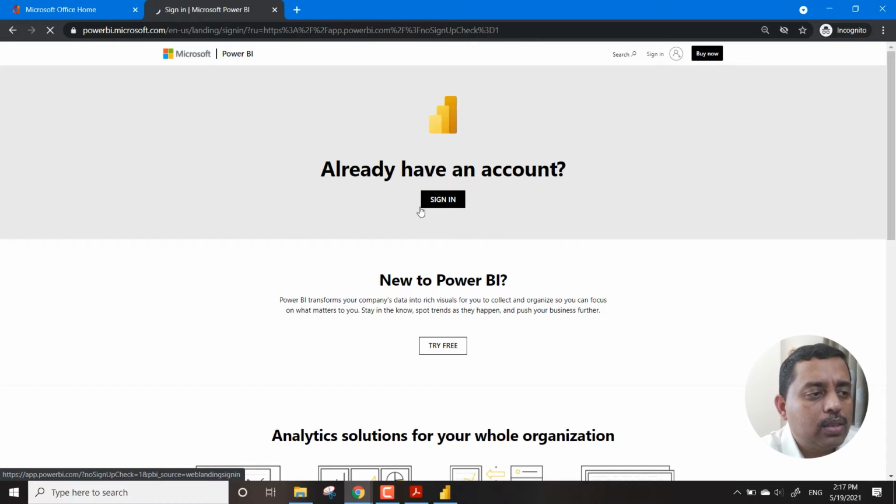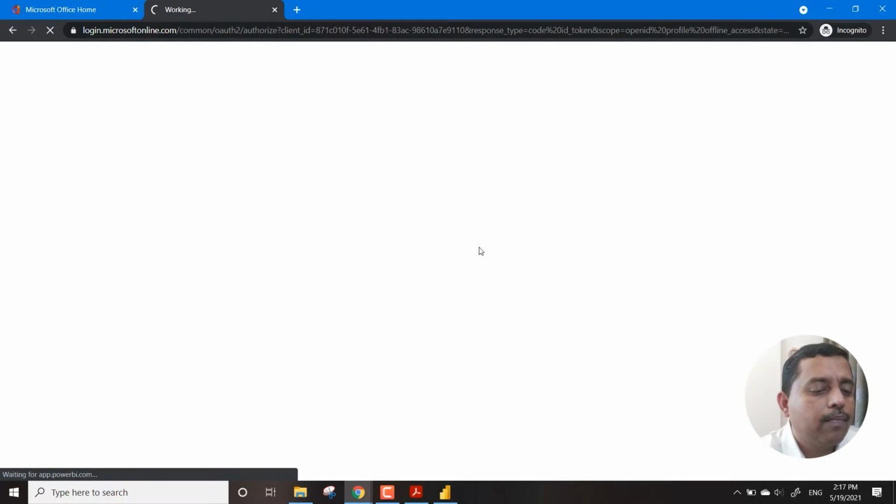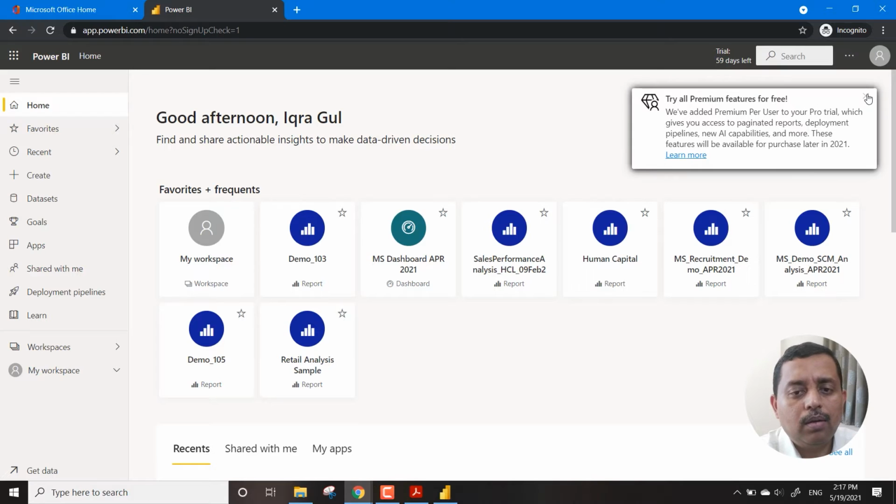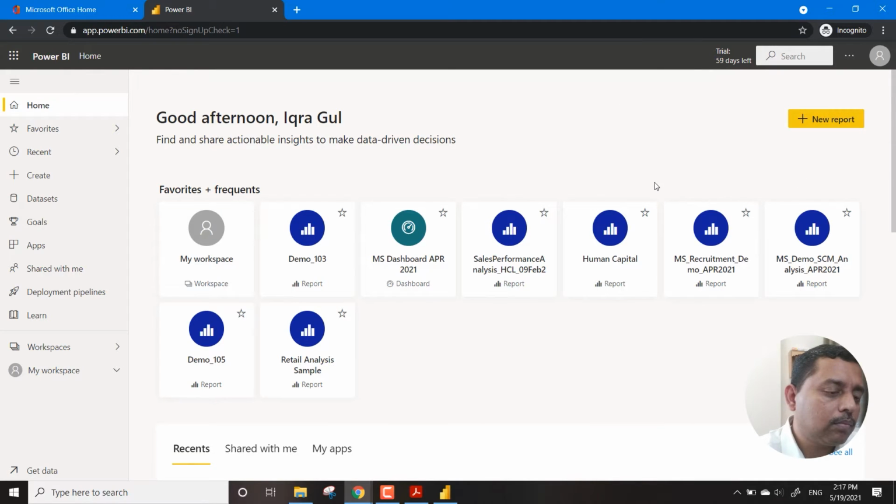So what you can do is click on the sign in option, and first time definitely it will ask for all your options which are related to Microsoft Office 365. Some features will be correlated over here as well. But predominantly you will see that the first screen would look something like this.